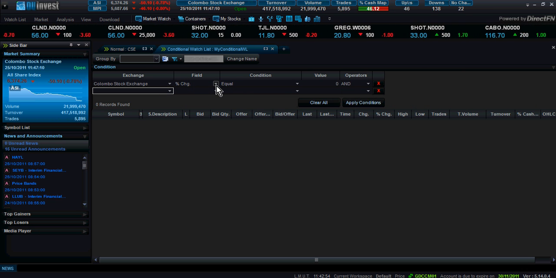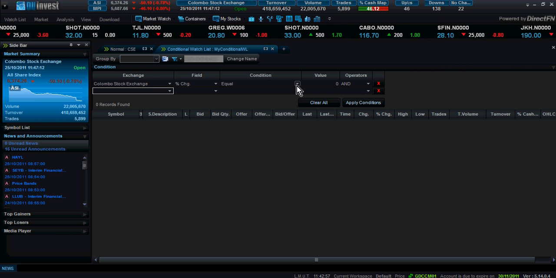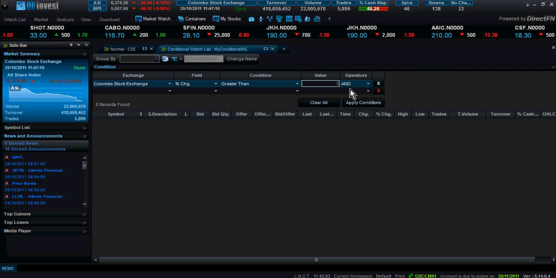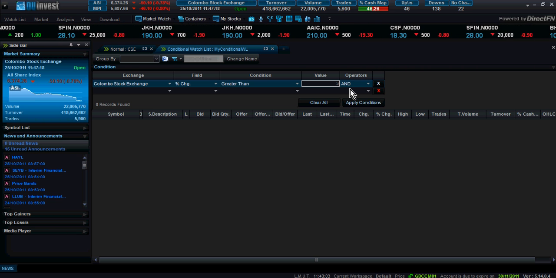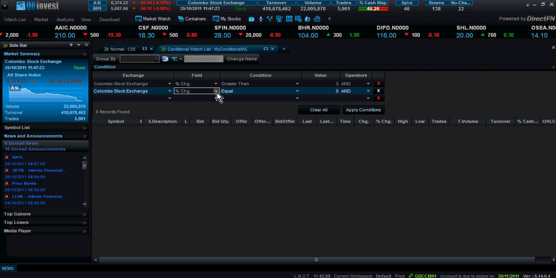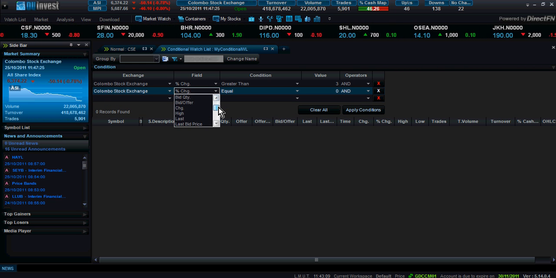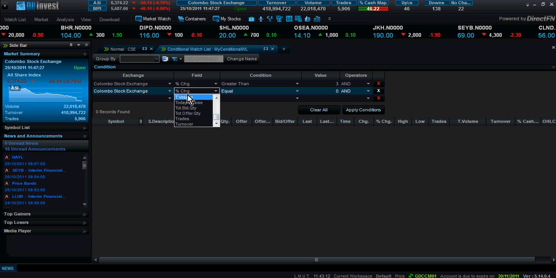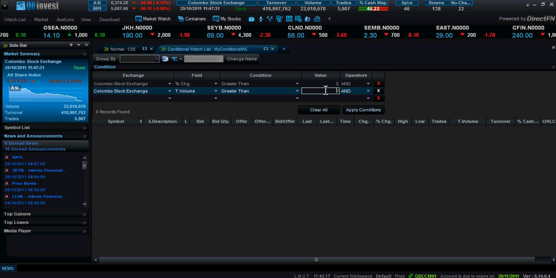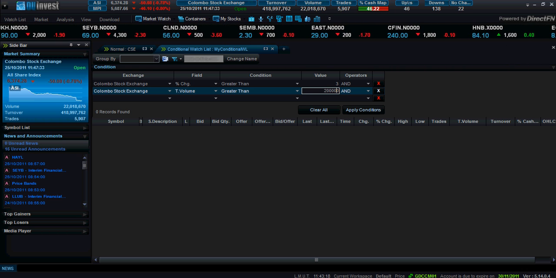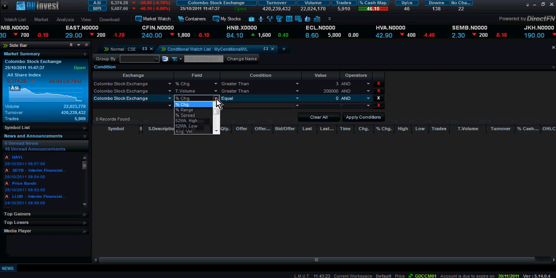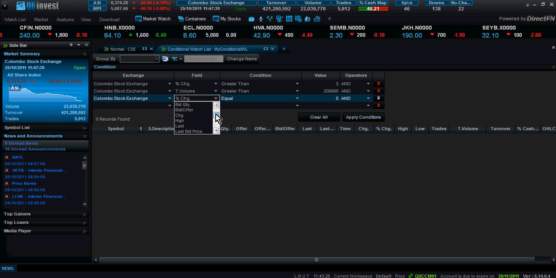Then show me the stocks where the percentage change is greater than, let's say, 3%, and the volume change, volume traded. There are so many criteria, let me only pick a few. Volume traded is greater than, let's say, 200,000. And finally, stocks that are trading between the price, let's say